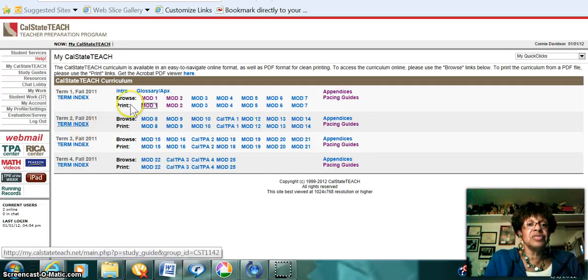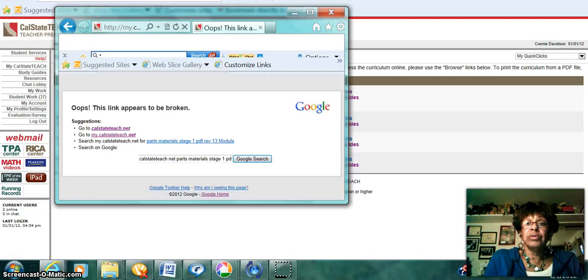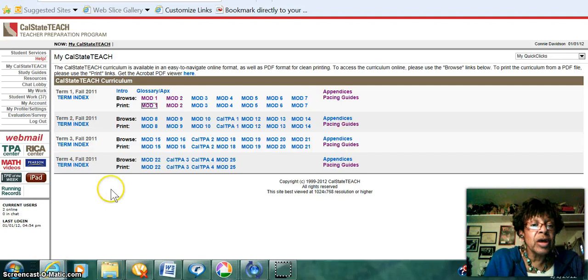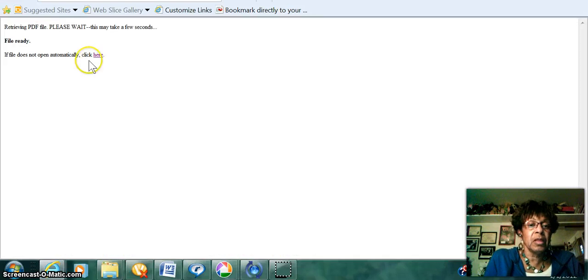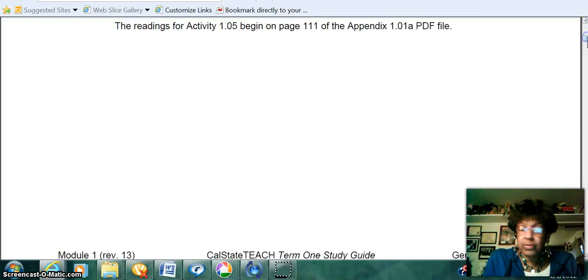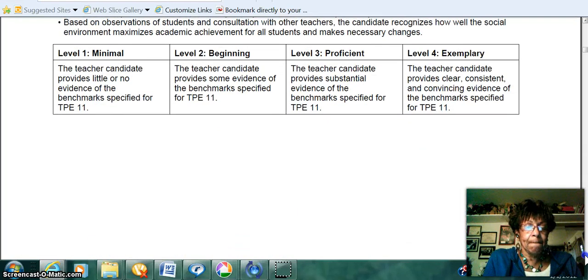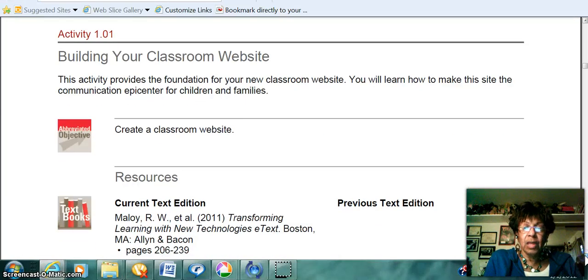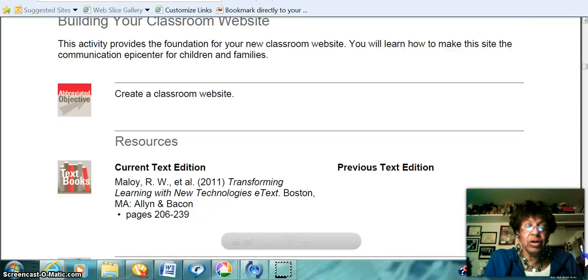You will have several IRIS modules throughout the term. So the other thing I wanted to get into here is, let's go back here. There we go. Your first assignment is to create a website. And it says that this is the text that will be on your iPad, but there are also other